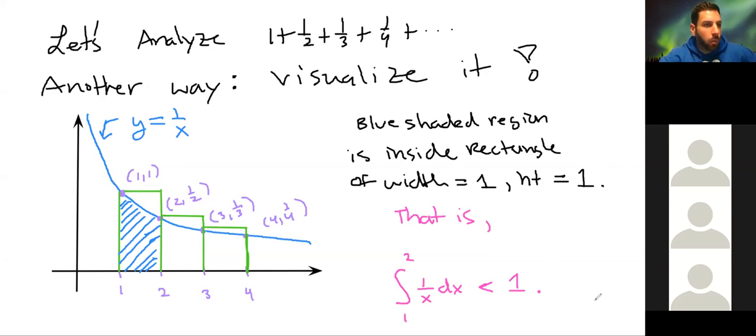Okay, so we can deduce more from this picture. We could say, okay, well, why did you just do 1 rectangle? Why don't you do 2 rectangles or 3 rectangles? And we can, but I just thought I'd start with one. But there's no reason I couldn't have done it with 2 rectangles or 3. So let me explain what I mean by that. If I go to the next page,